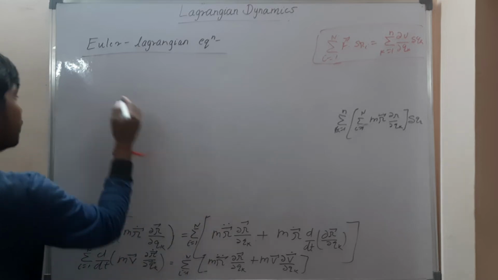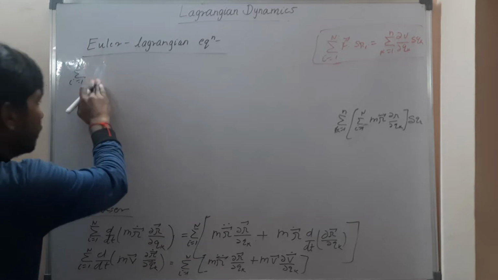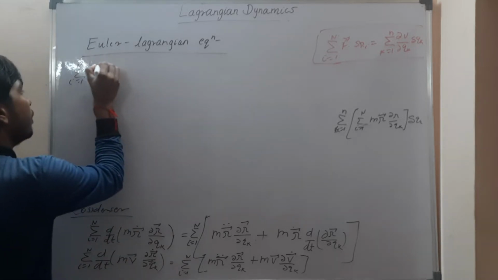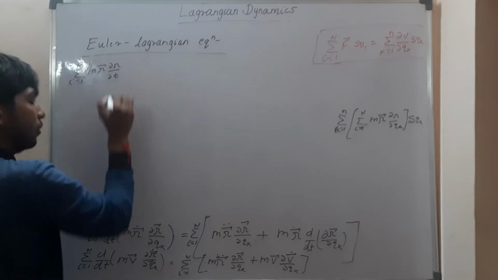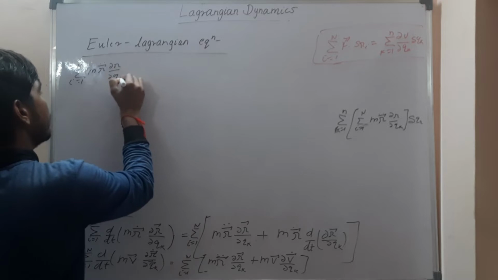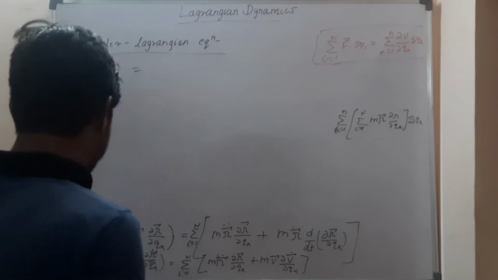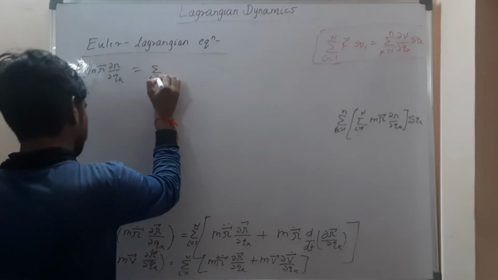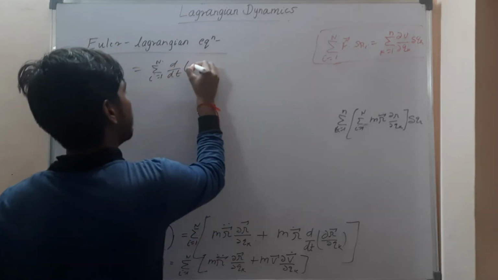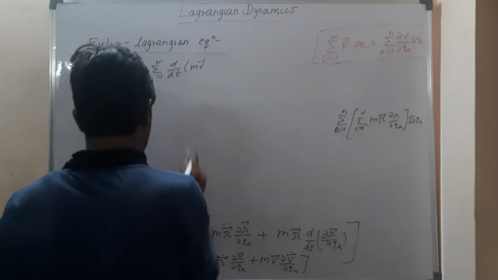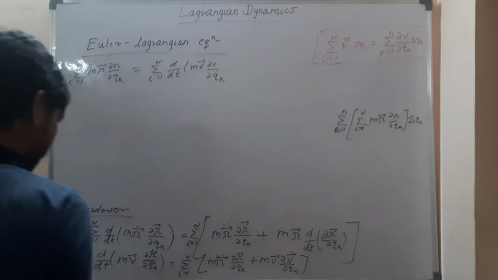I will write it like this: sigma i equal to 1 to capital N, m r double dot ∂r by ∂qk equal to, you will get sigma of i equal to 1 to N, d by dt of mv, and this one also I can convert into velocity, so it will be ∂v by ∂qk dot, and